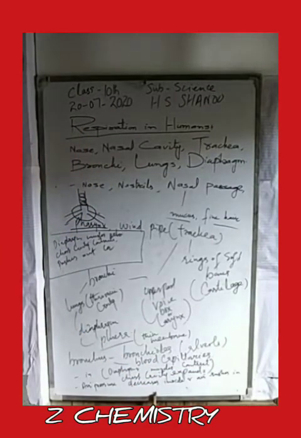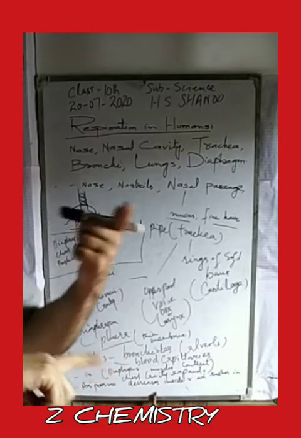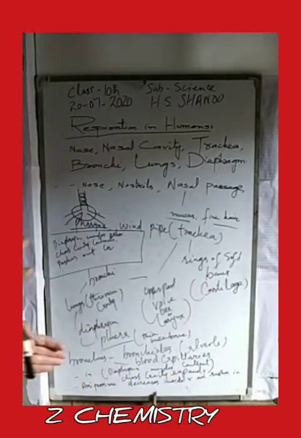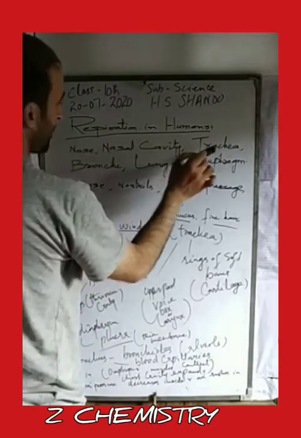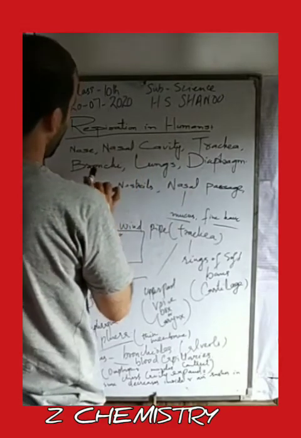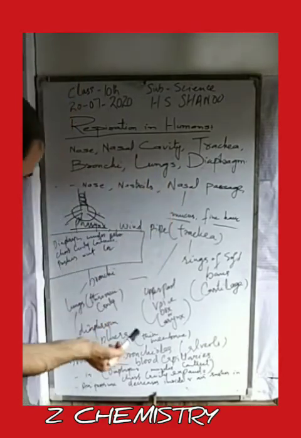During this process, air pressure decreases inside while it is higher outside, and the air rushes in. The oxygen moves through the nose, nasal cavity, trachea, bronchi, bronchioles,